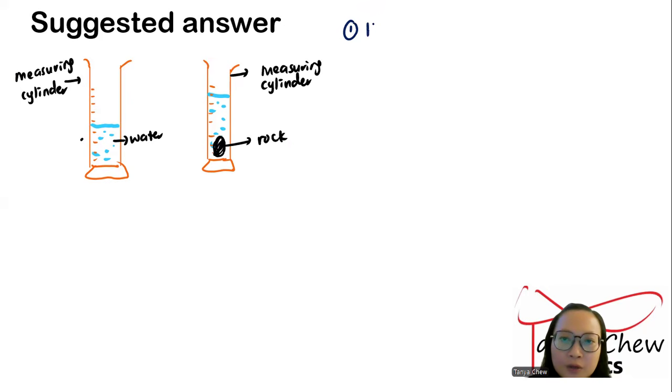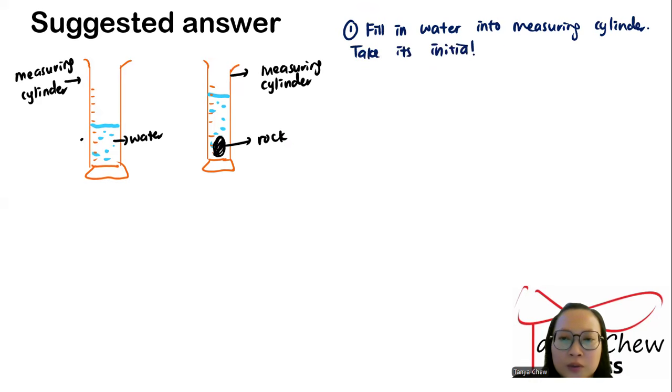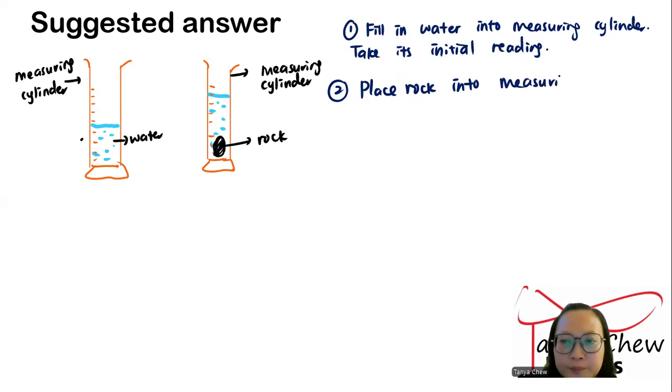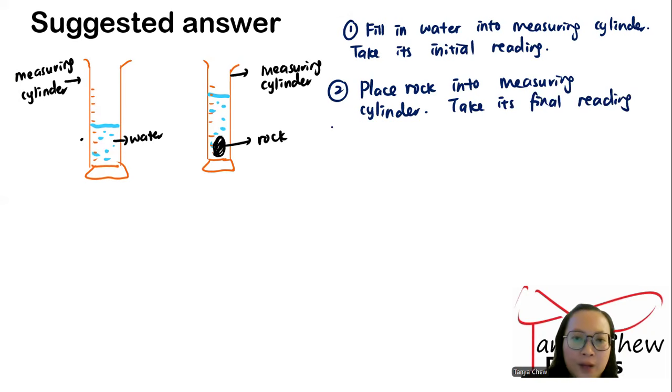First thing, fill in water into measuring cylinder. Take its initial reading. Second, place rock into measuring cylinder. Take its final reading. And then,